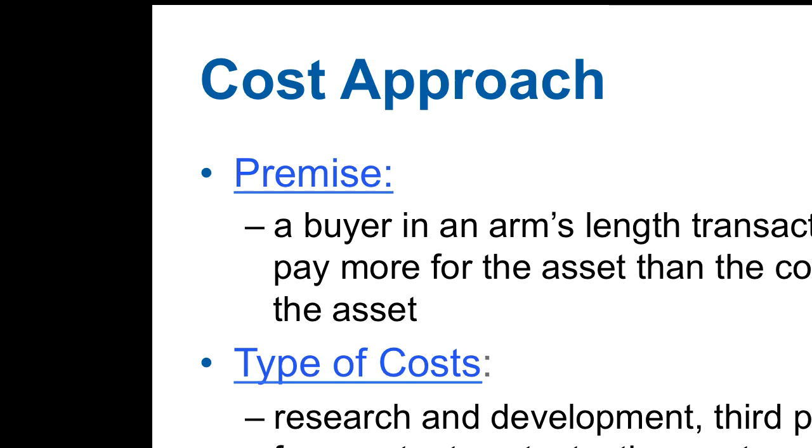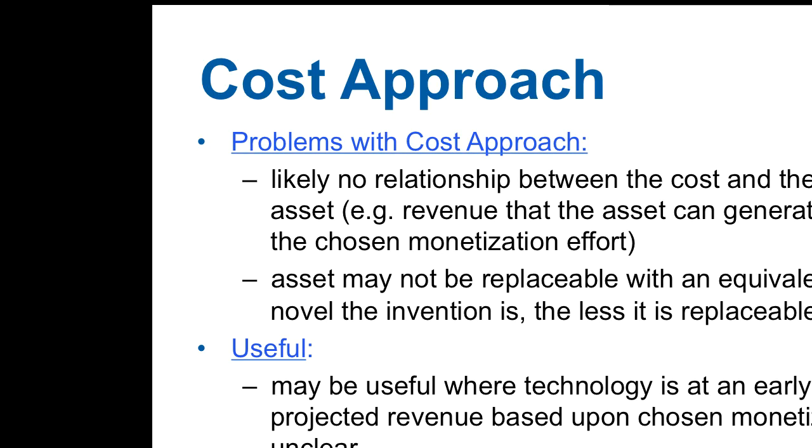Think about this in the concept of buying a TV. I'm not going to pay more for that TV than I'm going to pay for the other one that's sitting next to it. In the IP realm, the types of costs that you look at to go through this approach are R&D, third-party service fees, paying your lawyers, paying the patent office, testing, regulatory approval, capital investment costs, and lost opportunity costs. You're now focusing all of your time on this particular technology. What are you not doing? What are you losing by not focusing on other areas?